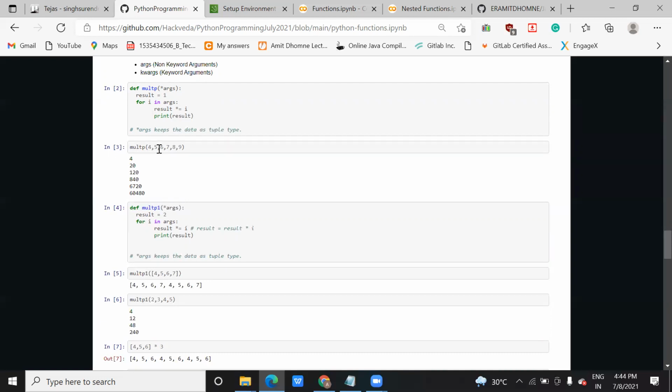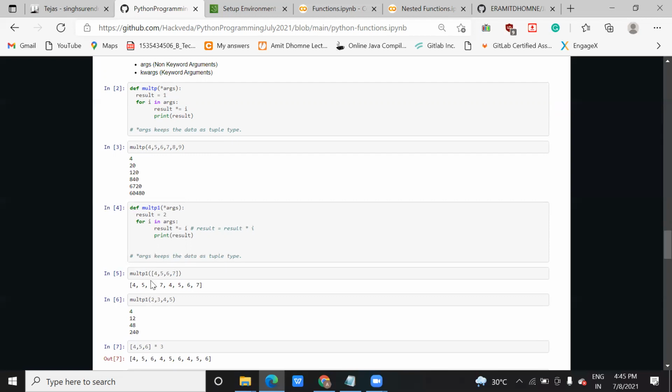It can act as a list, and one by one it can accept the values, but the whole value will not be passed as a list. This particular variable argument will act as a list, but the values you pass will not be passed as a list or tuple. Let me show you what that is.